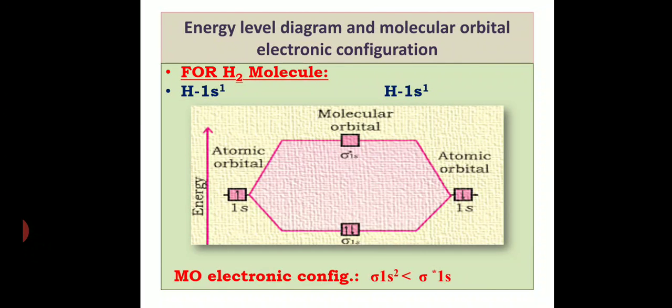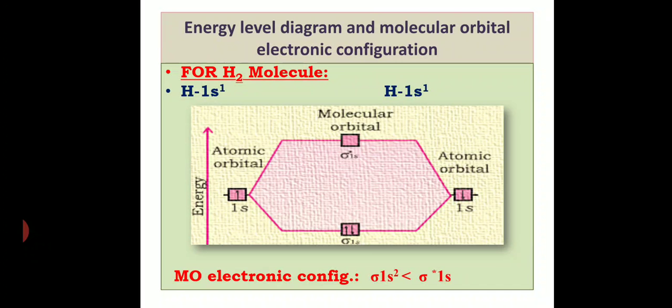Now once again let's take hydrogen molecule. Let's calculate bond order, right? Bond order equals 1 by 2 (Nb minus Na). So here the number of electrons in the bonding molecular orbital, that is sigma 1s, is 2, whereas in the anti-bonding molecular orbital it is 0. So when we solve it, we get the answer 1. So that means hydrogen molecule has bond order 1, it means a single bond.